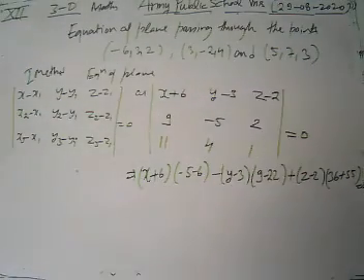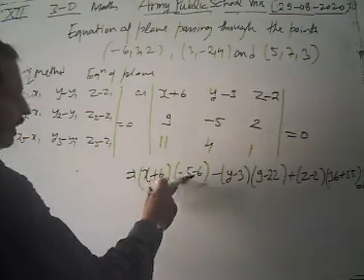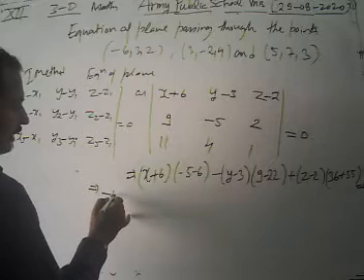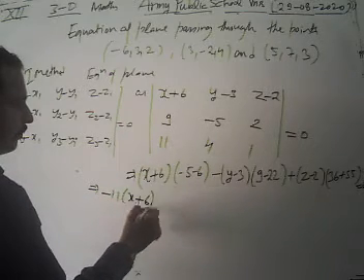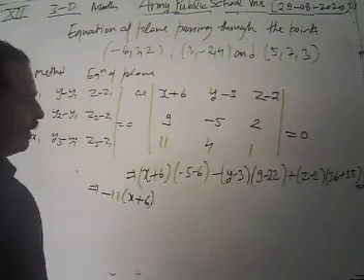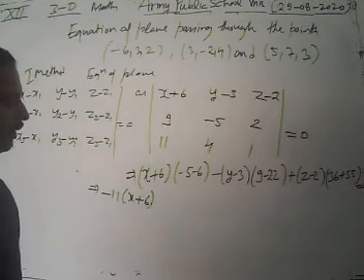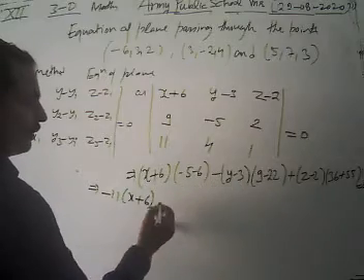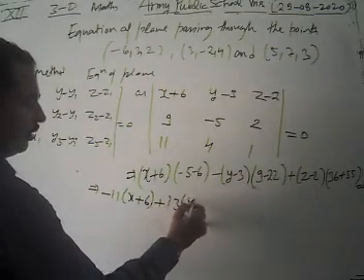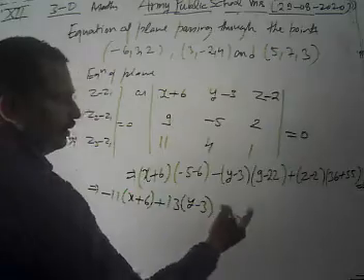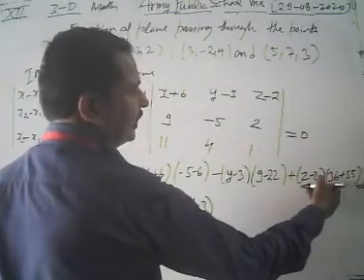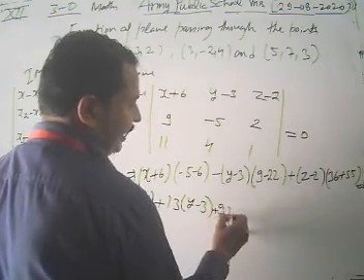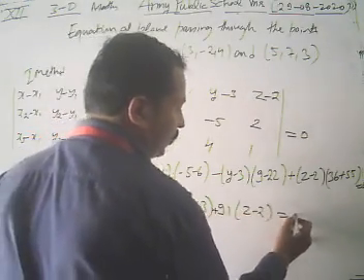Look, we are going to solve this now. Minus 5, minus 6, what do we have? Minus 11. Then we have minus 11 into x plus 6. Then 9 minus 22, then what do we have? It's 13. Minus 13, minus plus 13, y minus 3. Now we have 36 plus 55, 6 plus 5, 1. Then what do we have? We have 91, 9 plus 91 into z minus 2 equal to 0.